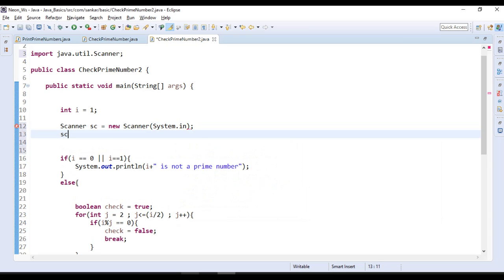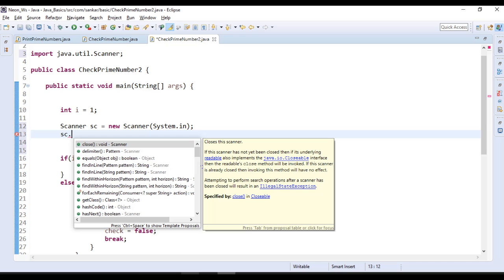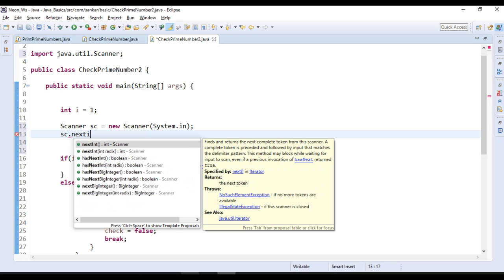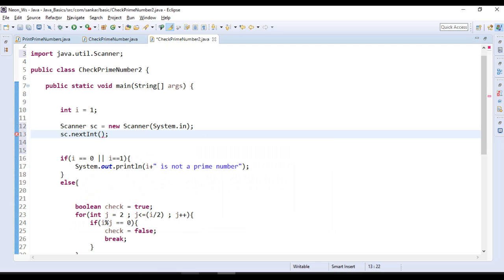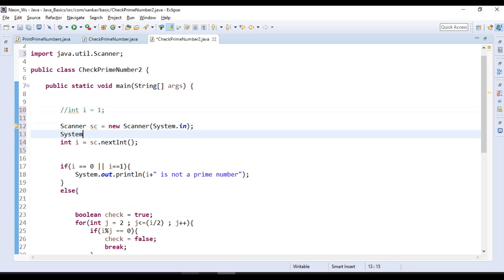We are expecting an integer, so for that we need to use nextInt. Ask the user to enter a number, and show one message with System.out.print asking the user to enter a number for checking whether the number is prime or not. So run as Java application.